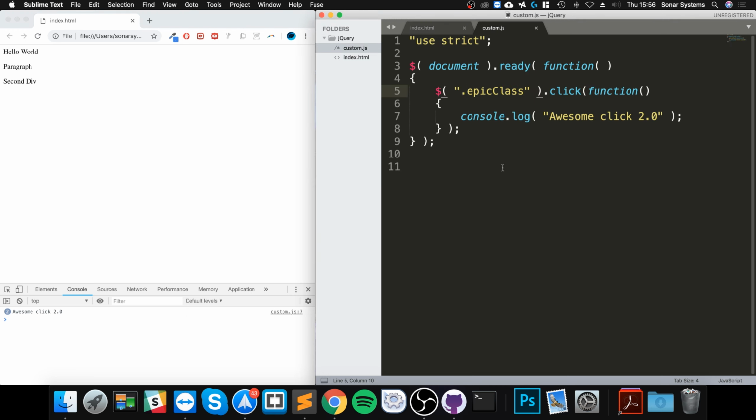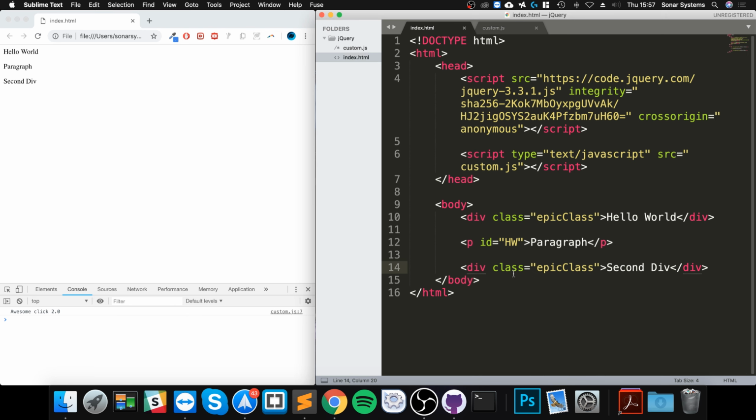So if we only want it applied to the first one, all we have to do is put colon first, save that, and now if we reload, click on that, it works. Click on that, it does not work. It is only applied to the first one, even though it doesn't matter what the element type is, because